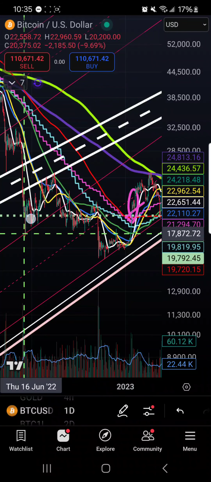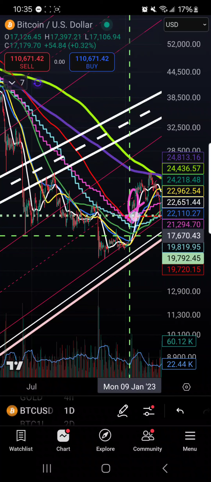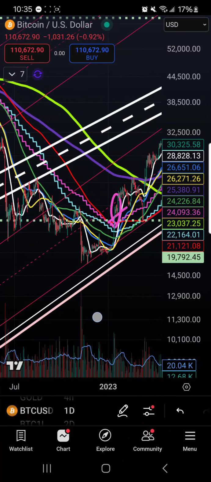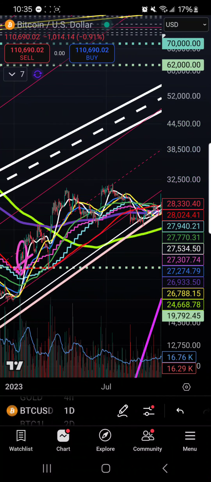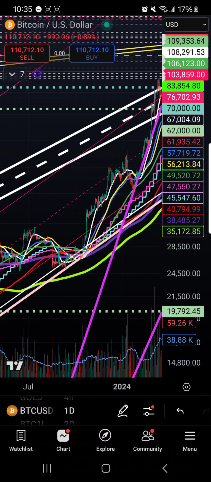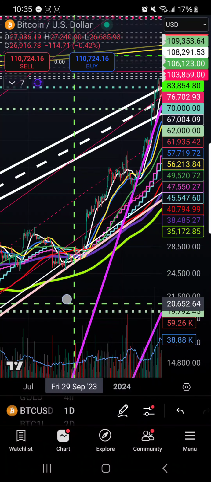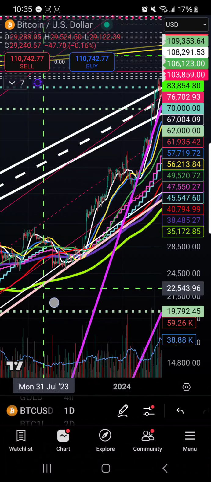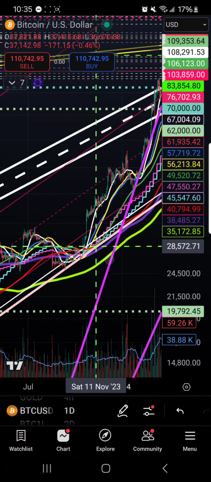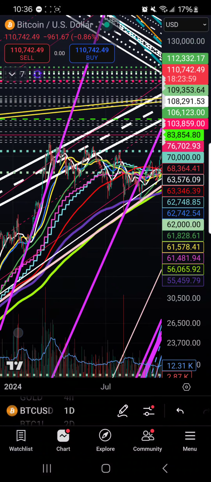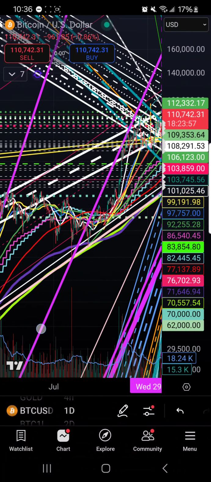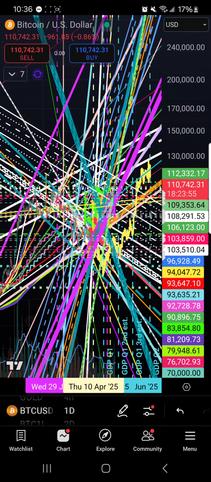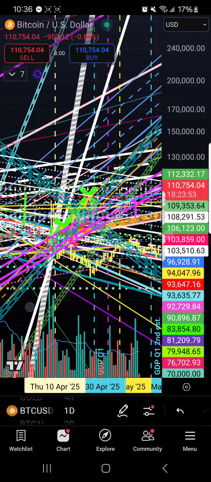We came down to the top of the channel in June of 22, and since then we bottomed and have been traveling upwards in this red channel right here. Now we have fallen out of it a little bit, and that's what this pink line represents here, the lowest point that we've gone. And I think that even up here, and when we came down to 74,